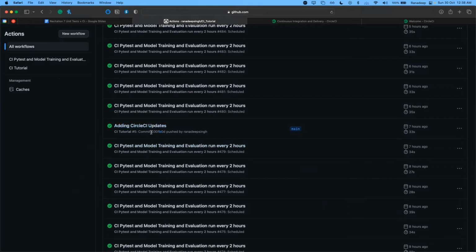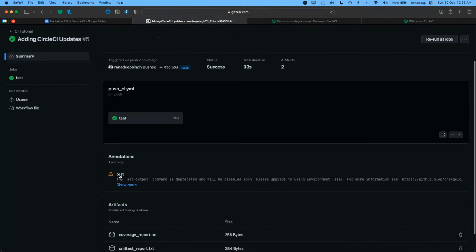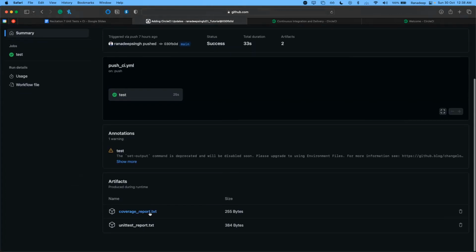So this is what was triggered by the code push I did. When you go into it, it shows you, okay, it ran for 25 seconds. It had some warning. It had these files also. So if you want to see your coverage reports, it's just right here. And if you download it and view it,